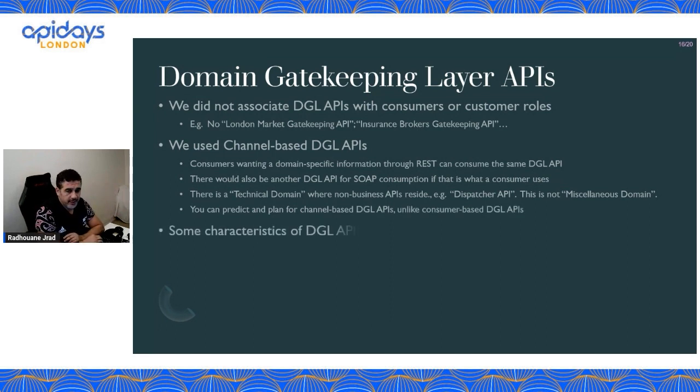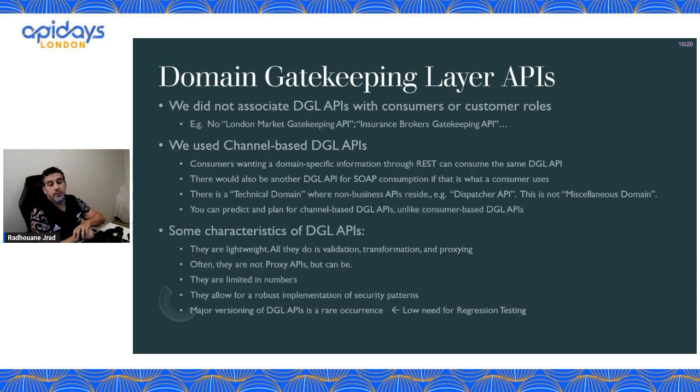And as I said, you can predict the numbers. That's very important. So the gatekeeping APIs have to be lightweight. They don't usually get versioned. So every consumer will have their own endpoint, and they will be forwarded to the lower layers or the other APIs directly. There is some basic validation and transformation and proxy and whatnot, but effectively you don't have to version. And if you don't version, that means you don't do regression testing. Existing consumers don't know, they don't care about it, okay?